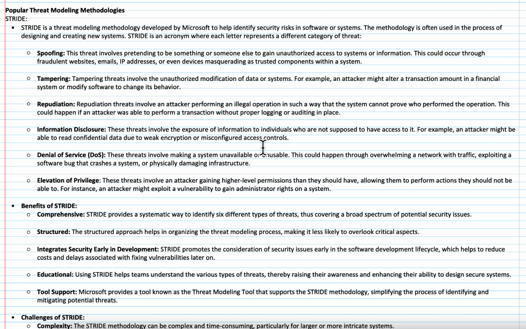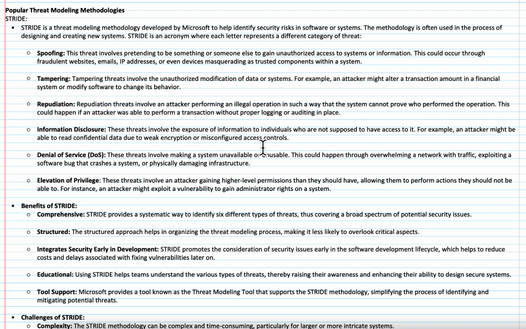But we're going to talk about STRIDE, and this is a threat modeling methodology that was developed by Microsoft to help understand security risks. So when you say, well, let's look for risks, well, how can I do that? Microsoft came up with this thought process to help you understand what you should do. STRIDE is an acronym where each letter represents a different category of a threat. So if we're looking at the threat, what potentially could be some of those threats? So the first one is